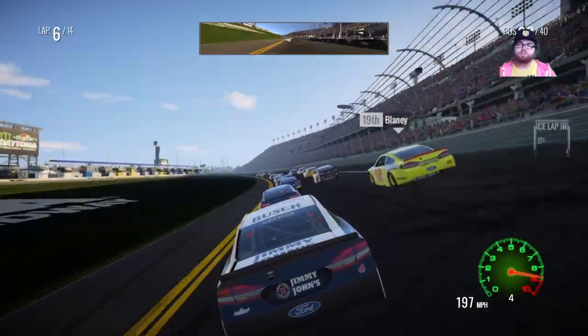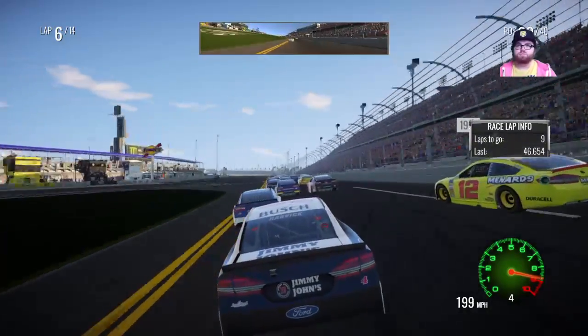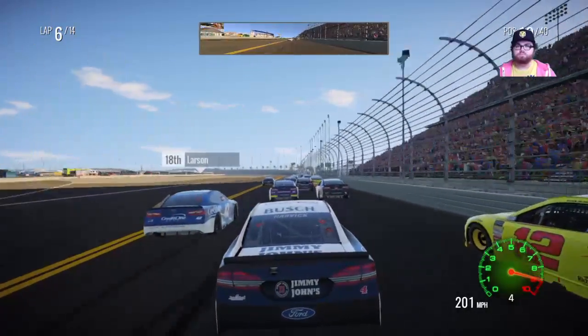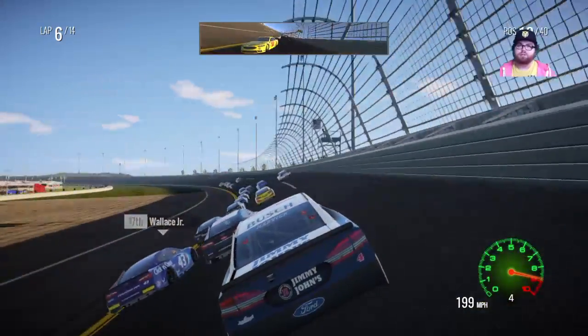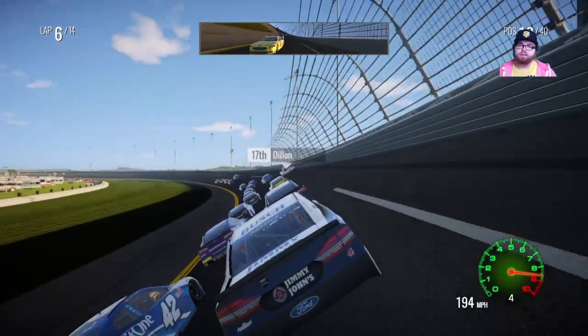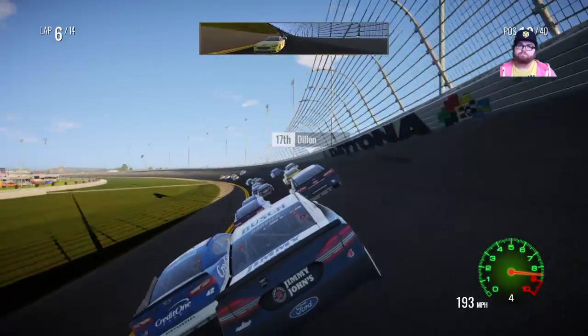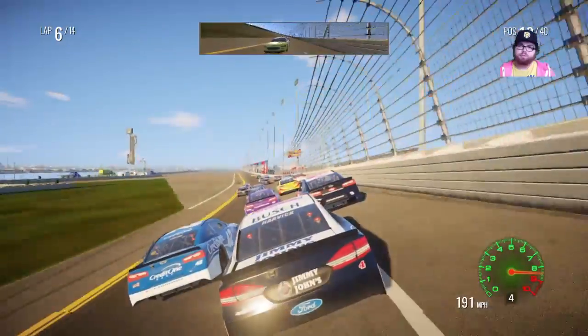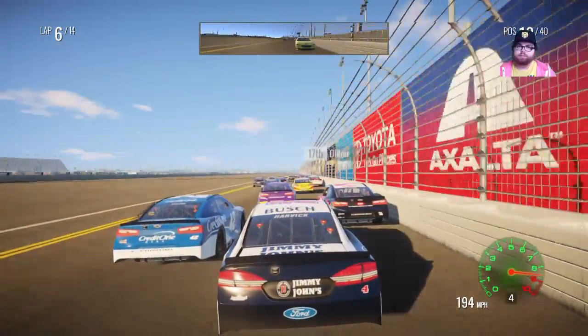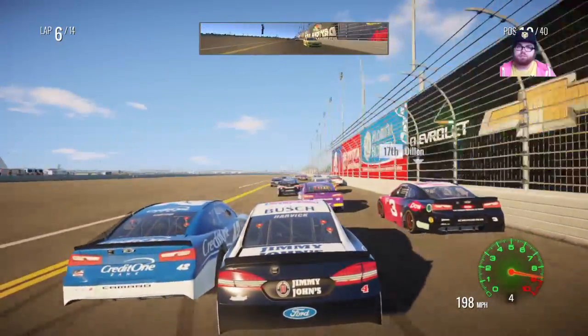Alright, so we will have to pit once in this race. So that's a thing, but we should be fine. We should be able to pit and get on pit road and have an opportunity to